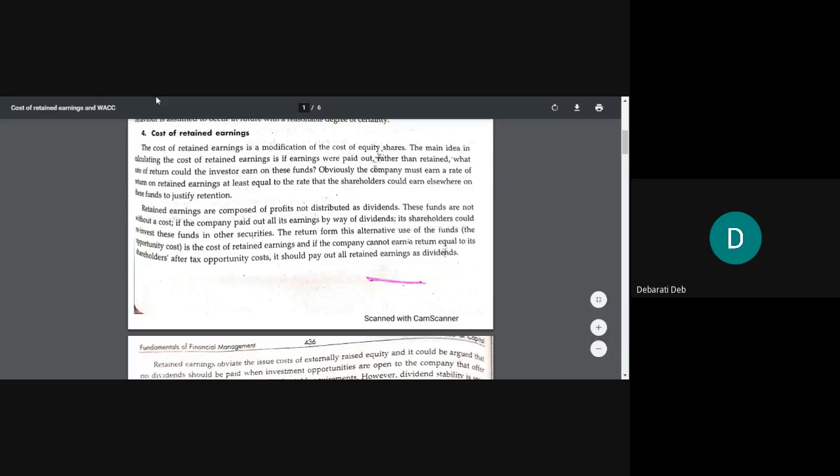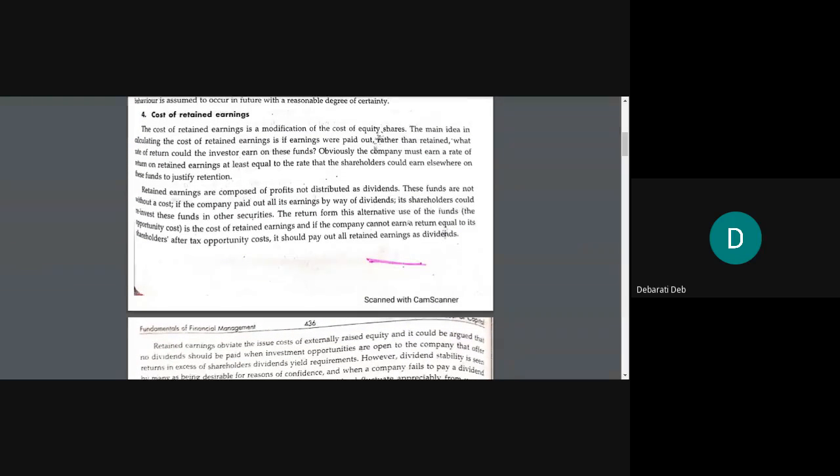of capital. Overall cost of capital means what? That will combine all these four different types of cost of capital, and then we will derive the overall cost of capital, which is also known as weighted average cost of capital. Okay, so these two things will be covered today with problems as well for your understanding.